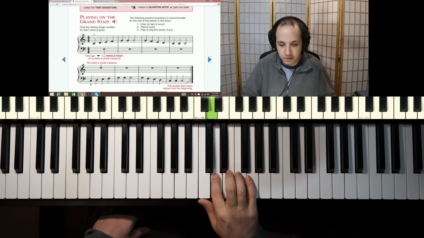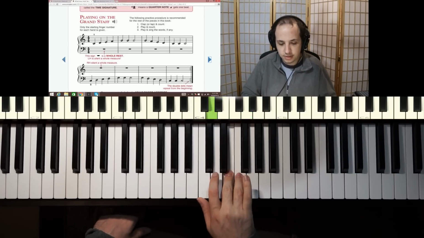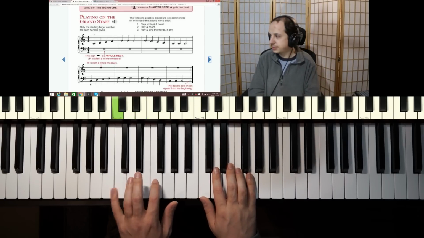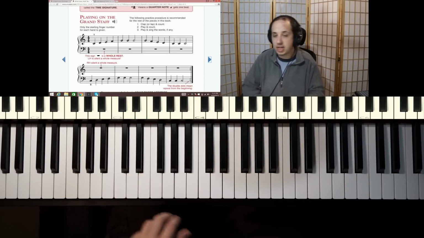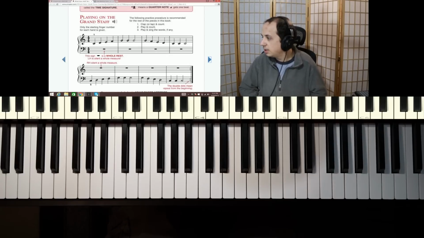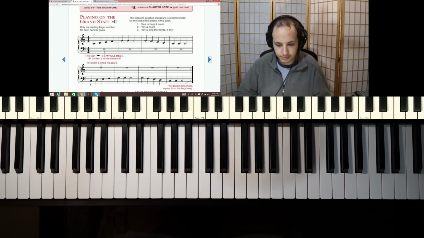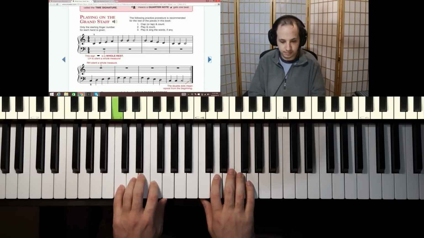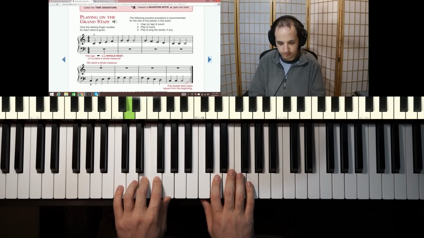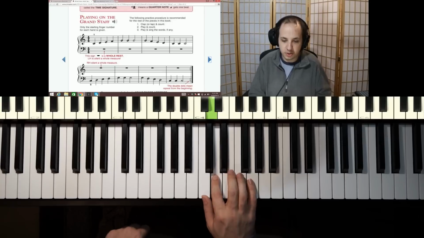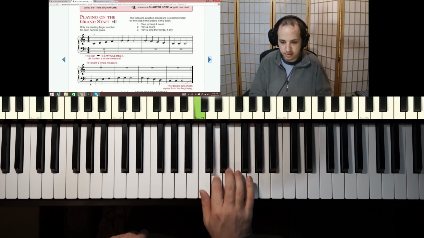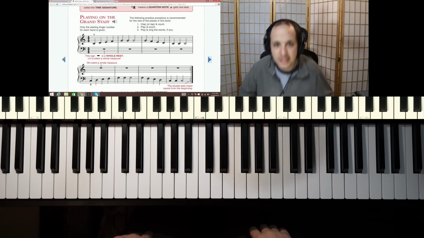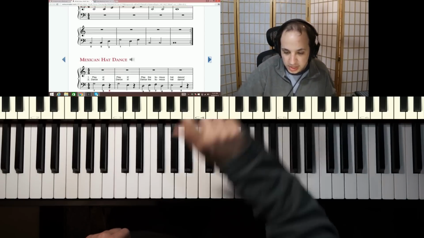You can see that the first one isn't very complicated at all. Oh, and then you have to repeat. Actually, I played that wrong. I should have gone with my right hand. It is getting late in the day for me. I think I can get away with that. All right, so